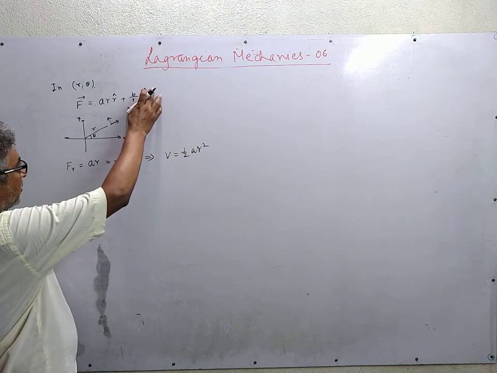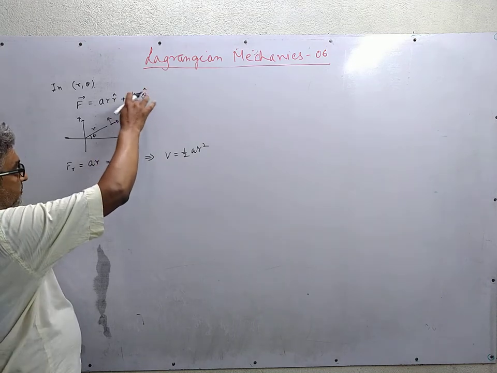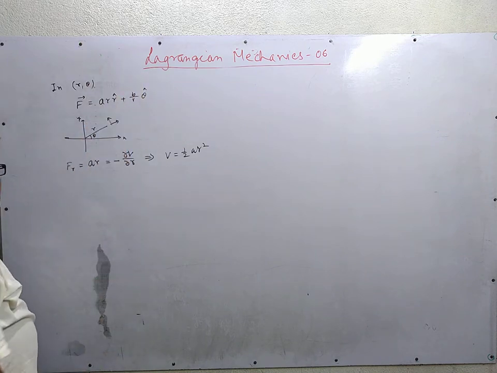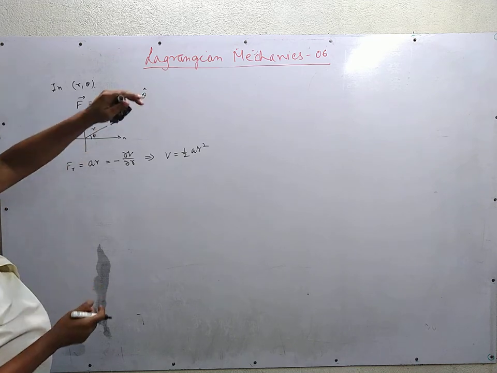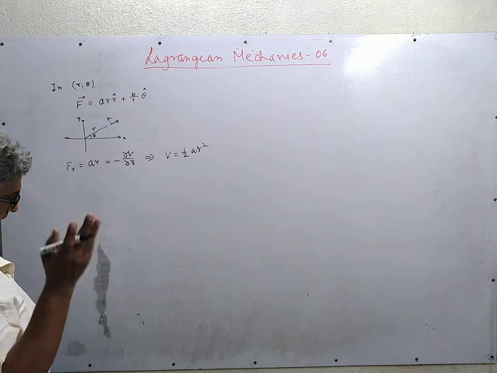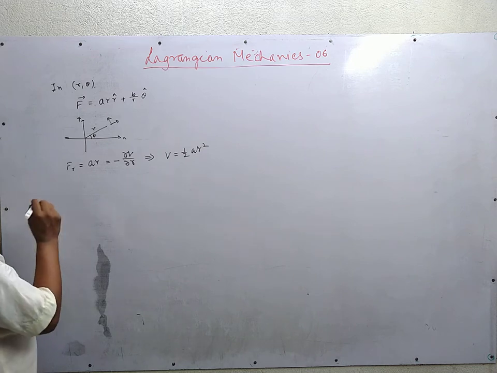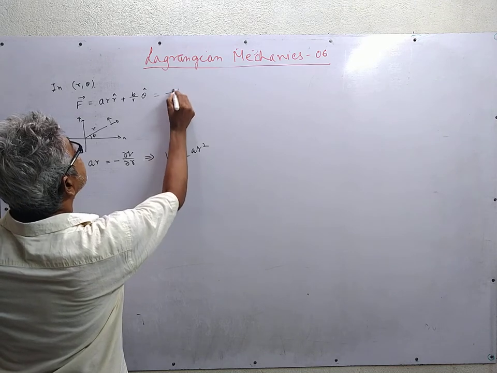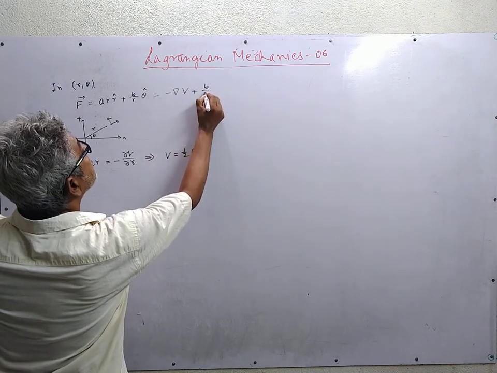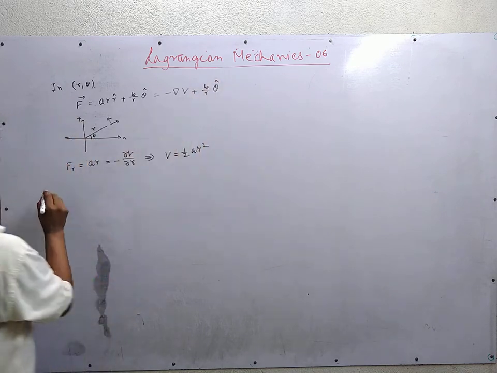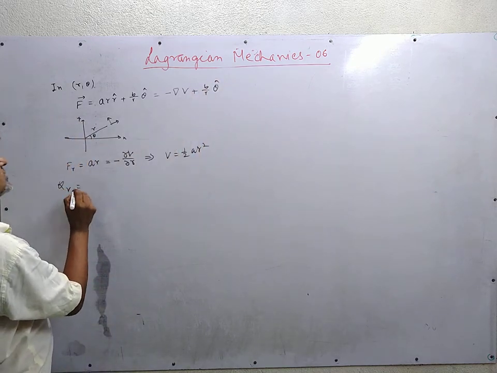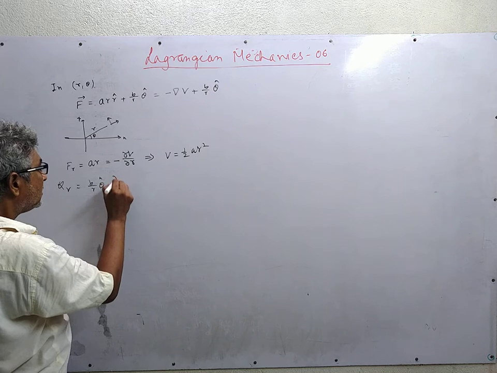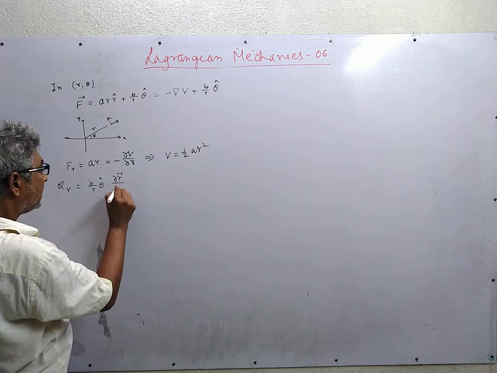But the theta part cannot be expressed in terms of a potential, because it is not radial, so its curl is not 0. That will be taken care of by the generalized force. So this part we write as minus grad V plus B by r theta cap. So Q_r is equal to B by r theta cap dot